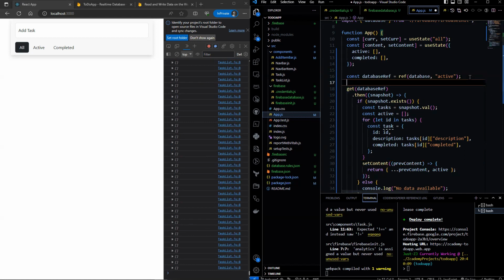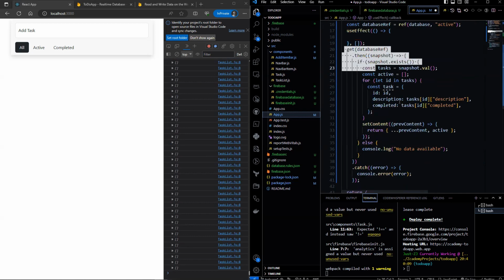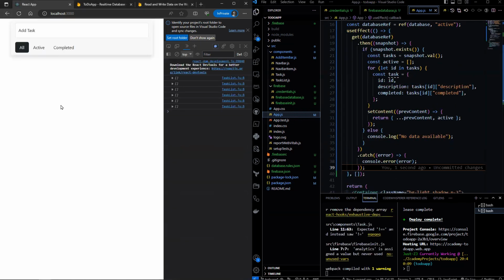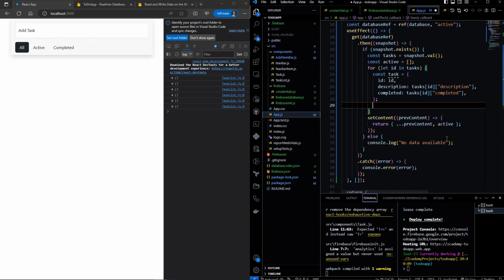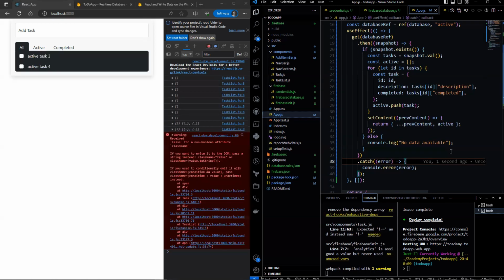We can get around this by using the use effect hook. Let's put this so-called logic. Now, what this basically does is that it is only called once. Because the dependency array is blank, it would only be called once. So this is currently blank as we have not added the task to active array. So let's add it in. Now, this is basically the easiest way to read from the database. However, I personally think that this is not the preferred way as it does not promote code reusability.